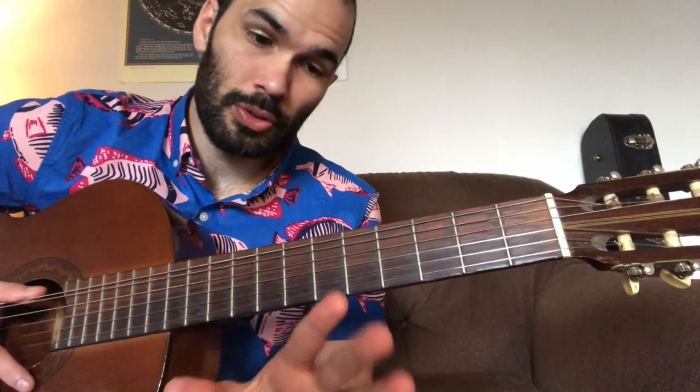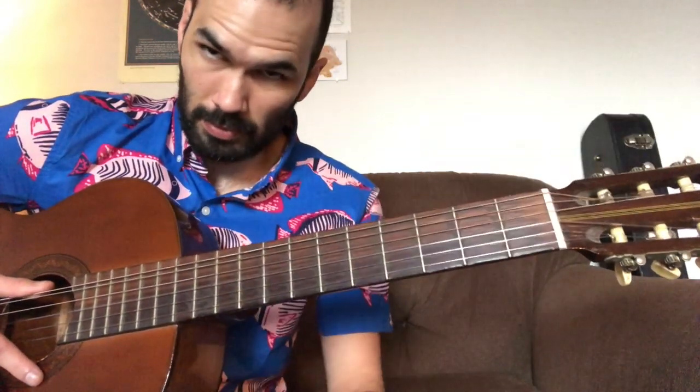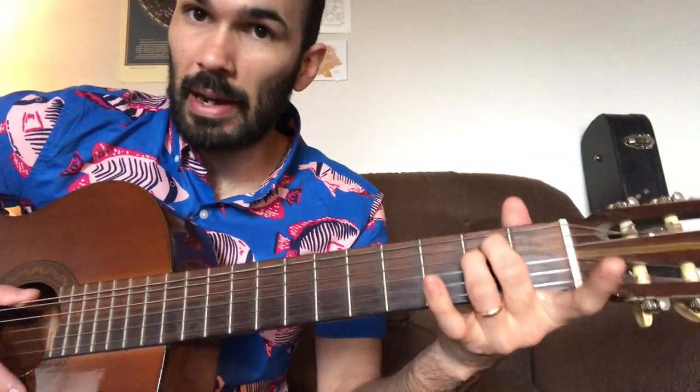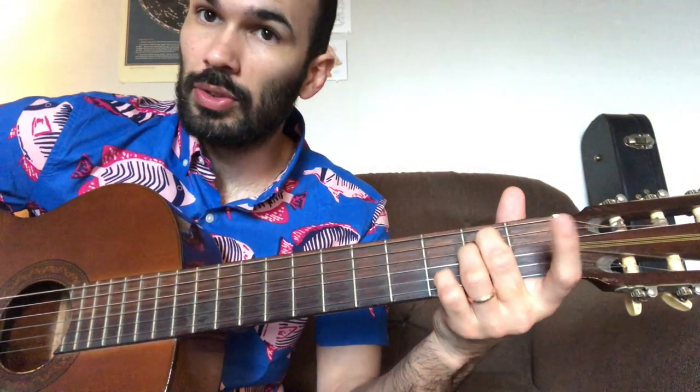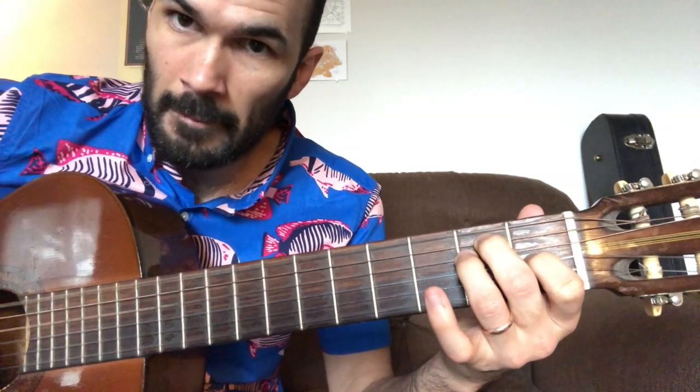The reason that I choose to use the 2nd and 3rd fingers is because it gives me a lot of mobility for other chord options that I might want to navigate to after E minor. For instance, I might want to do an E minor 7. So I do E minor, and then I take my pinky and I put it on the 3rd fret, 2nd string. So I could do that. I could do an E major by simply adding the 1st finger to the 1st fret, 3rd string here. I could do an E major 7,